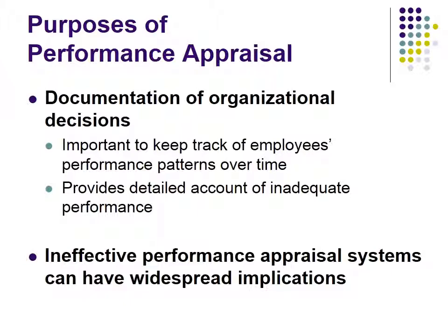So it also provides detailed accounts of inadequate performance if the organizational decision is towards the termination or the firing of an employee. If someone's fired, again, one of the recourses is they could try to bring a civil lawsuit against the organization for wrongful termination, especially if they believe they were terminated because they were a member of a protected legal class: ethnicity, gender, nation of origin, etc. So again, if the organization has detailed documentation of poor performance, it'll be much harder for that suit to go forward.